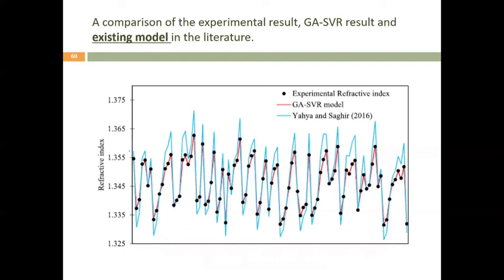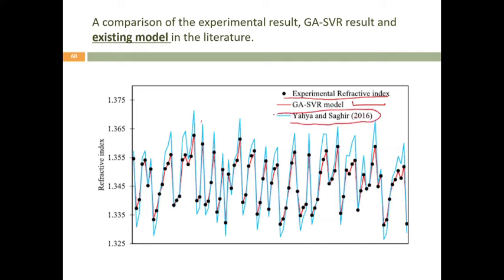This is another example. You see the comparison of experimental results and the existing model. You can see here, when you develop your model, this is the experimental refractive index. This project developed a predictive solution for predicting the refractive index of deoxygenated blood. Another one worked on oxygenated blood. Try to see the difference between the refractive index. So this is the proposed model, the new proposed model, and this was the result of the previous people's work on it